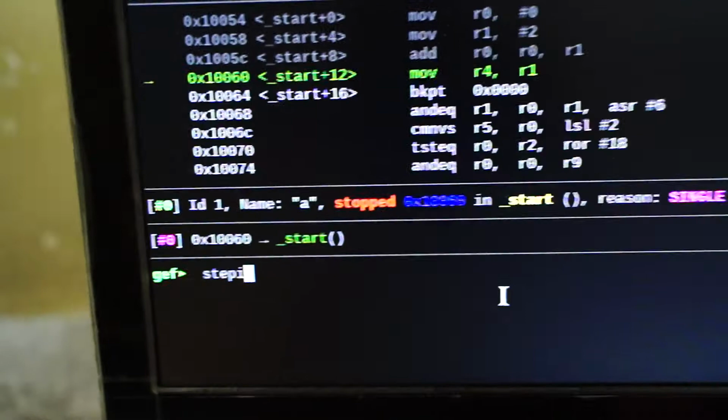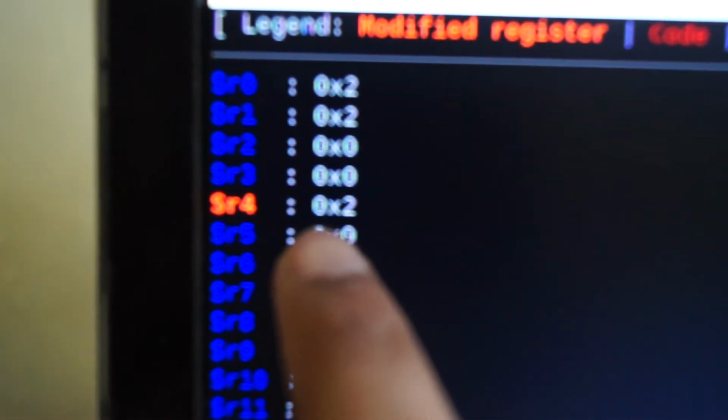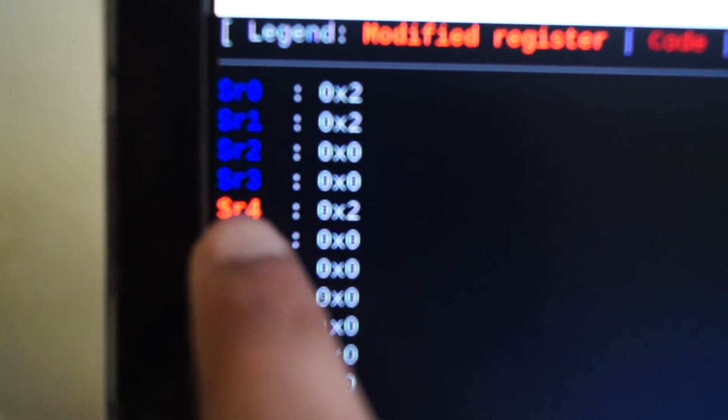So if we step through the instruction, you can see the data in R1 is copied into data register R4. Okay,